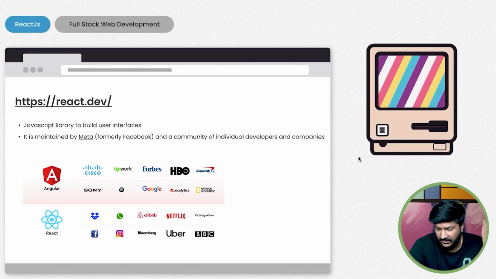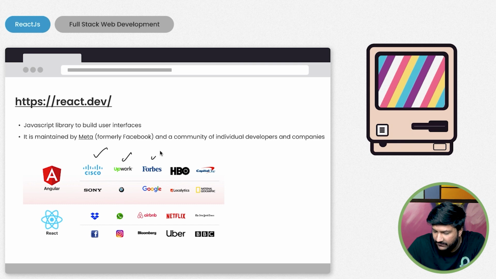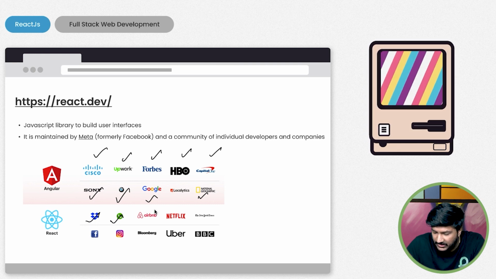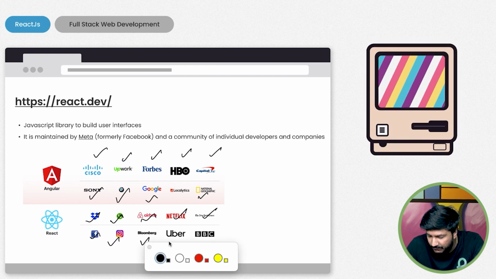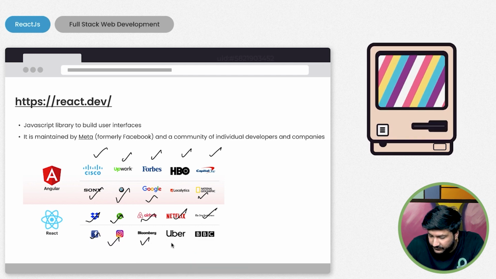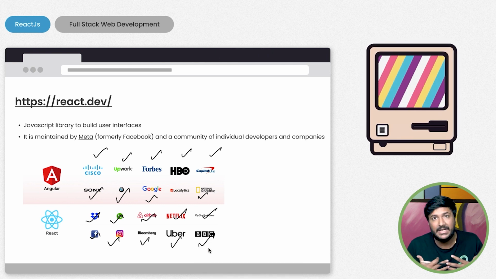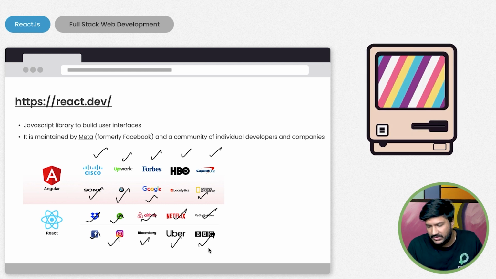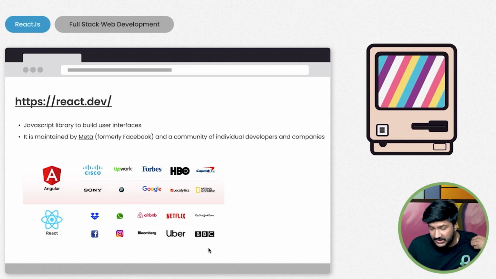Now, there are a few companies which use Angular and a few which use React. Angular is used by Cisco, Upwork, Forbes, HBO, Capital One, Google, National Geographic, BMW, Sony. However, React is used by Dropbox, WhatsApp, Airbnb, Netflix, New York Times, Facebook, Instagram, Bloomberg, then Uber, BBC. Looking at all of this data, what it tells you is that more complicated apps are created on React, and less complicated ones, apart from the obvious choice of Google, are created on Angular. So this is what I go by the data.